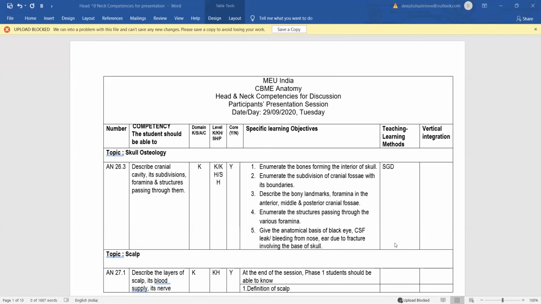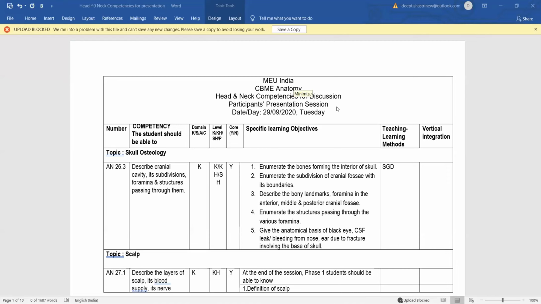So this is what we have decided, or we have been told, that the MCI document is a certified document. We cannot just counter it. We have to change our perspective according to whatever is written there. So if they have given SH with knowledge domain, then that means they want us to include this SH part,